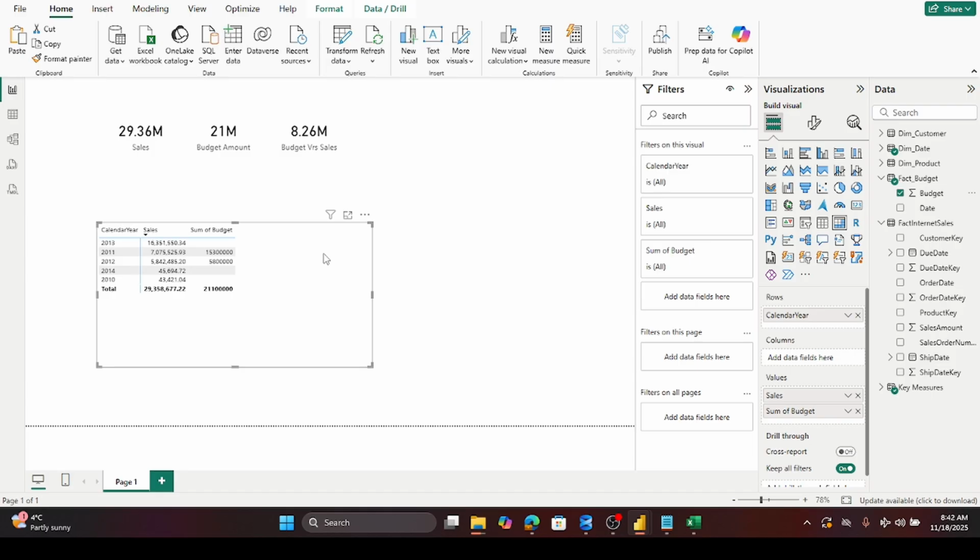You see in the budget we have most of it budgeted on 2011 and 12. We don't have the amount for 13. So we can say that basically we are comparing this budget to